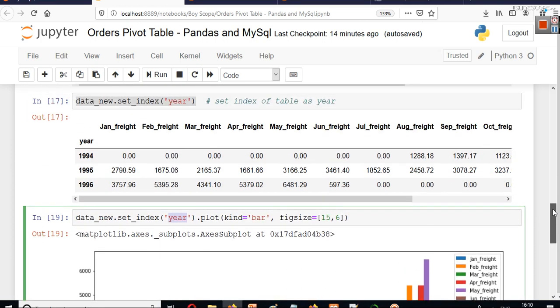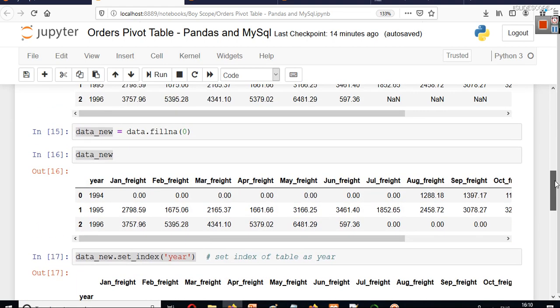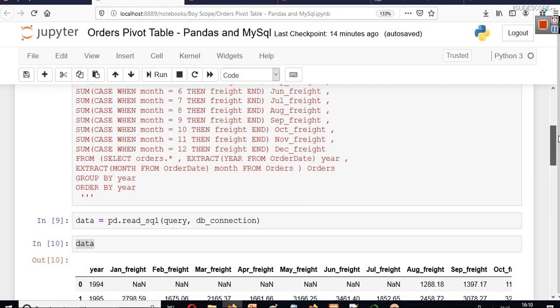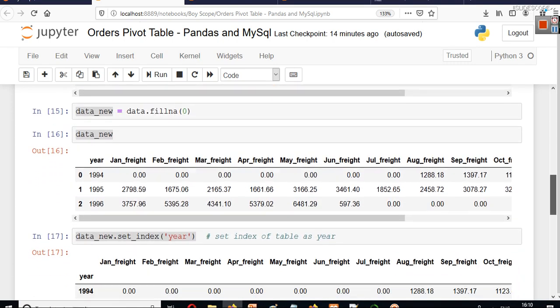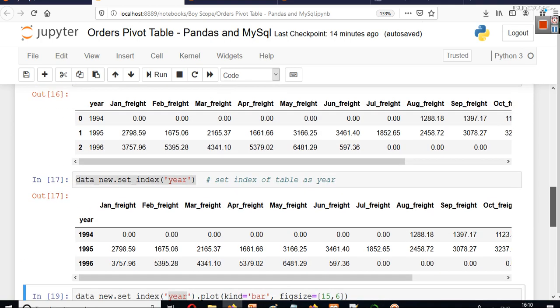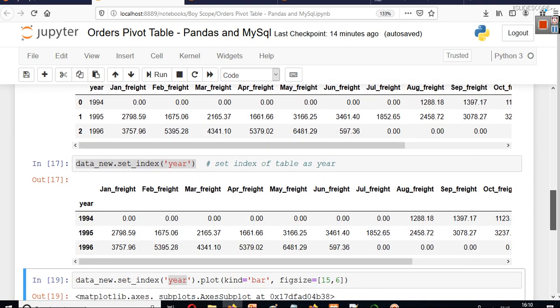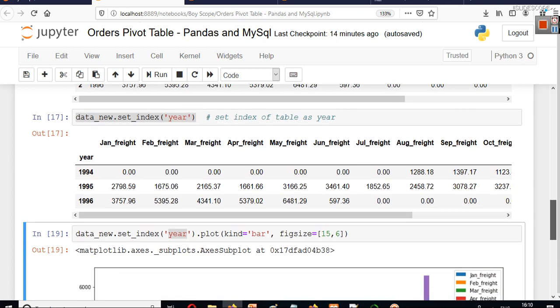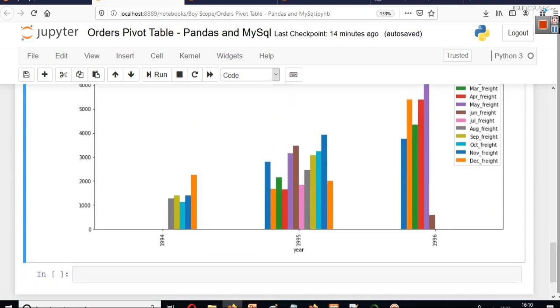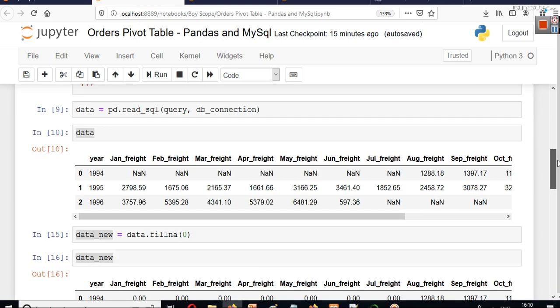And this is a simple process of creating a pivot table, which you can see here, setting the index of the pivot table in pandas with the help of an SQL query. You can see we have only used an SQL query. We have read the data. This fill NA is also not necessary, although you will understand this. It is really easy, and you can see this data. So I think now you understand the concept of a pivot table, and you also understand how we can analyze this on graphs using Python pandas and a MySQL connection.